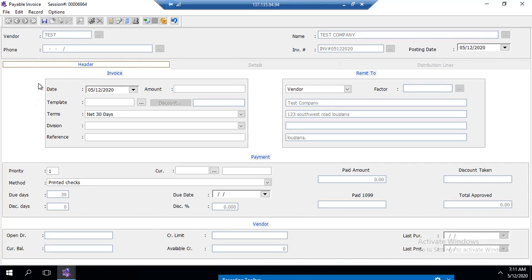Here you have two dates: a posting date and an invoice date. The posting date is actually the date that the invoice or the entry reflects on the GL. The invoice date is the date that the invoice shows in the AP aging, or that the due date is being counted upon. Okay,